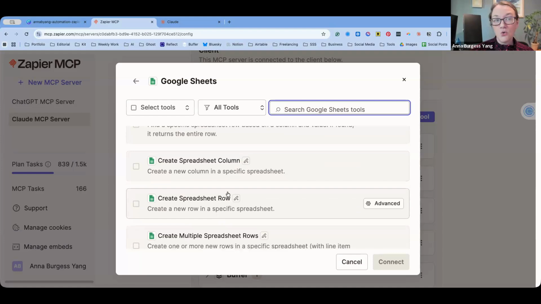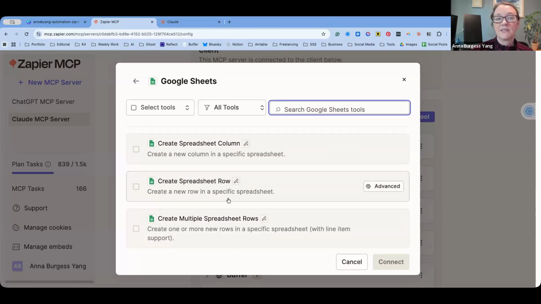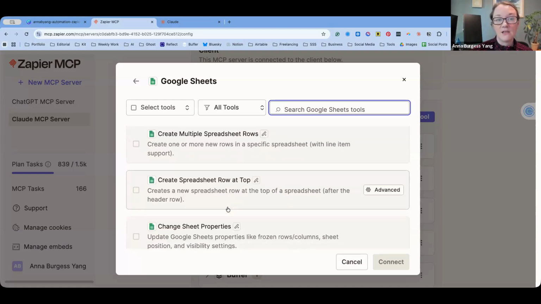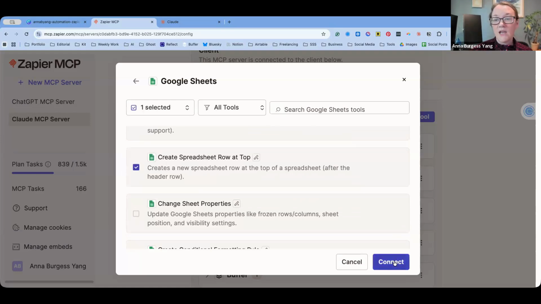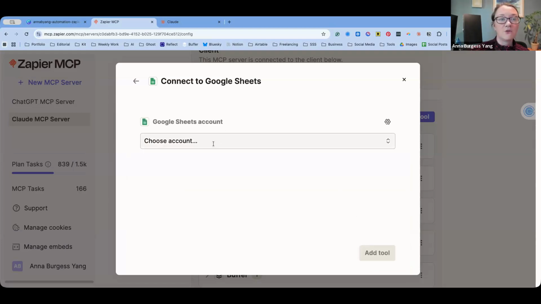So within each tool, it's going to have the specific actions available, like creating a row. And so I would say, okay, that's what I want to do. Within Claude, I need to be able to create new rows on this sheet. So you'd say connect. You'd connect your specific account and add the tool,